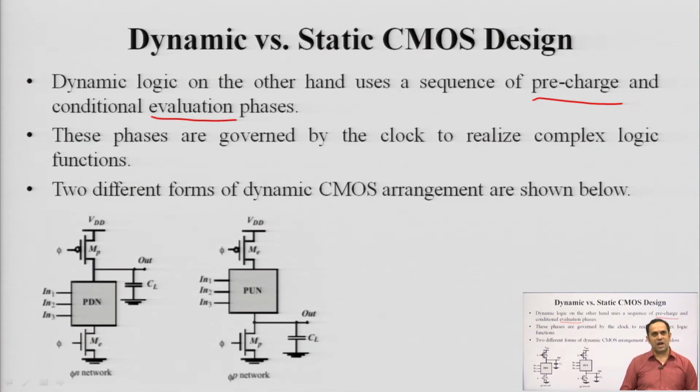Okay. We will either be in the mode of pre-charging or in the mode of evaluation. So, depending upon what your clock signal is, we will either be charging or evaluating. Okay. So, these two different forms, or these two arrangements or methods of dynamic CMOS, can be realized in two types of circuits. Number one, the one on your left is known as the